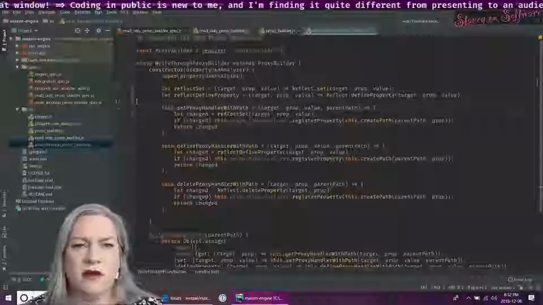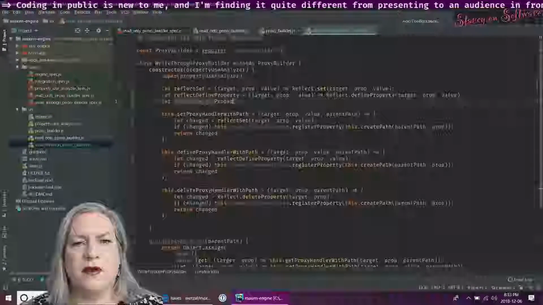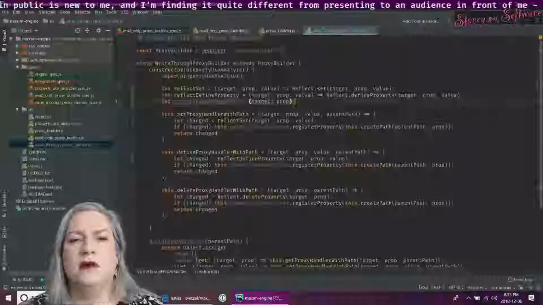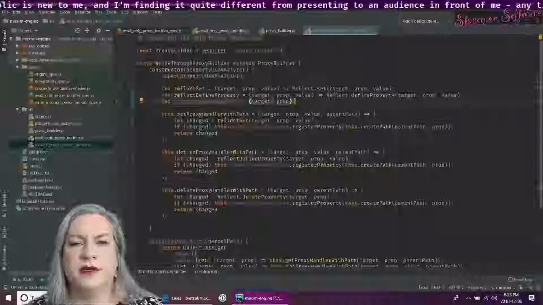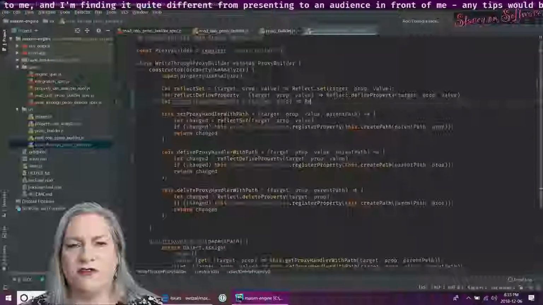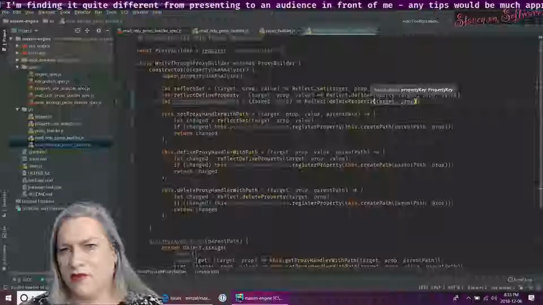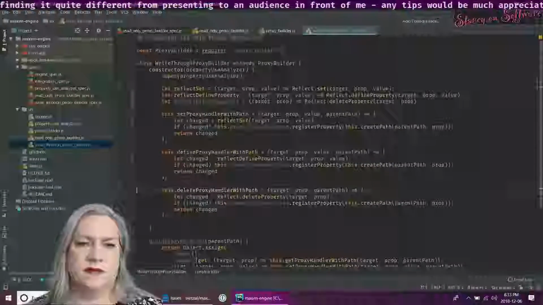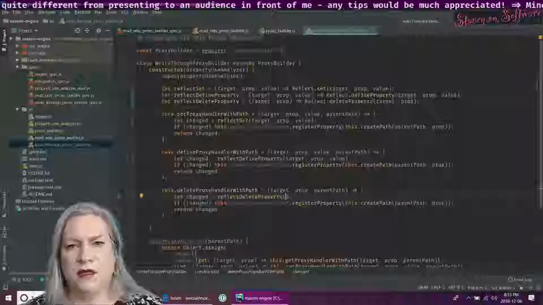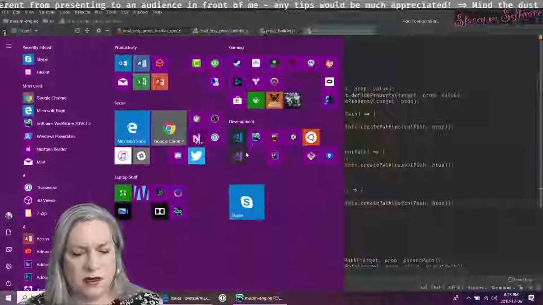You know the drill down here. Let's let our reflect delete property take a target and a prop. Ooh. Not symmetrical. And that's going to call Reflect.deleteProperty with the target and the prop. And do that. Let's see how my tests are doing.